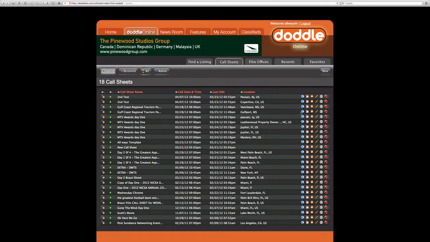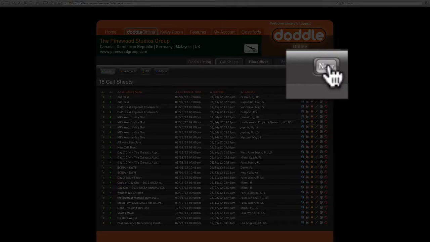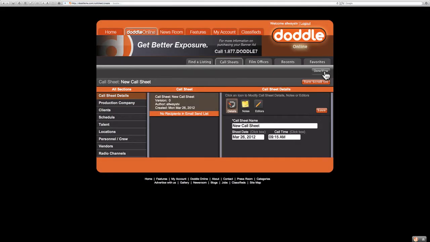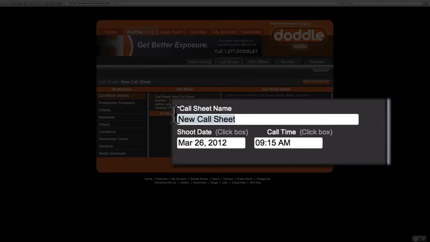So to create a call sheet, we're going to hit New in the upper right hand corner here. We just hit New, and that gives us a whole new canvas to start working from. And the first thing I want to do is probably create my template for my company. And I'm going to name this